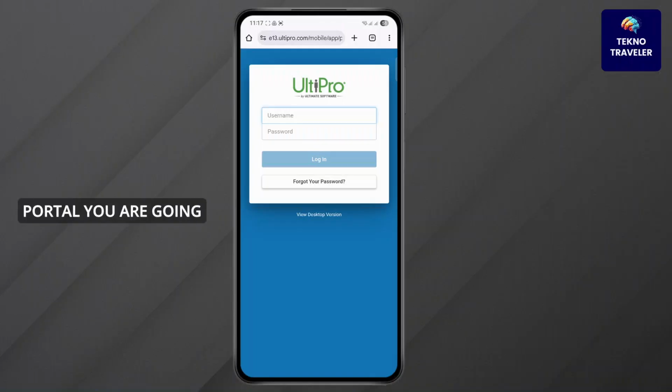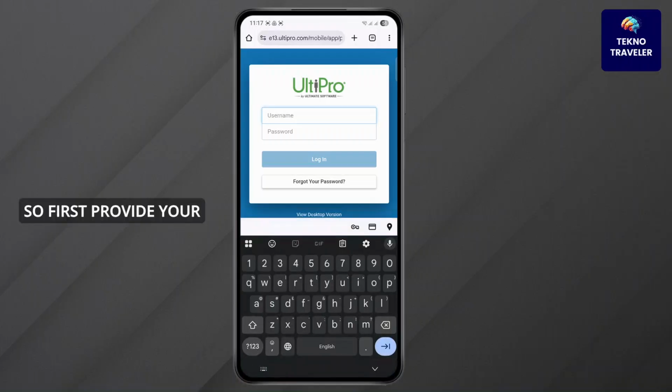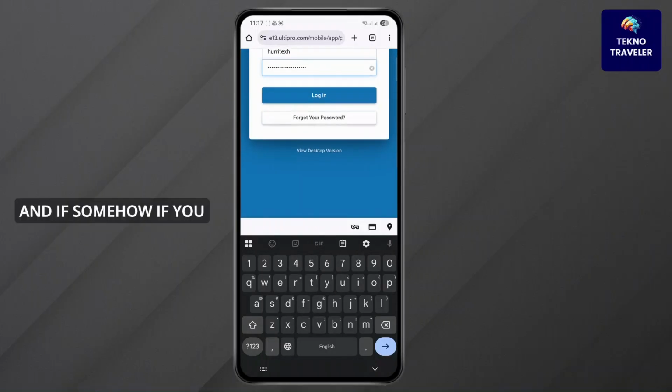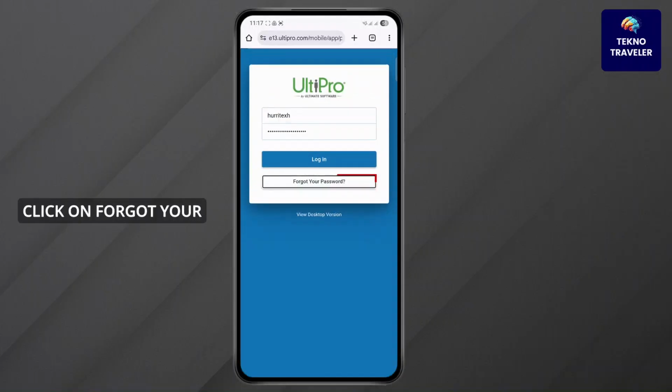login portal. Now on this login portal, you are going to have to enter your username and password. So first provide your username that's connected to your account, and then simply enter your password. Now just go ahead and click on the login button, and if you forgot your